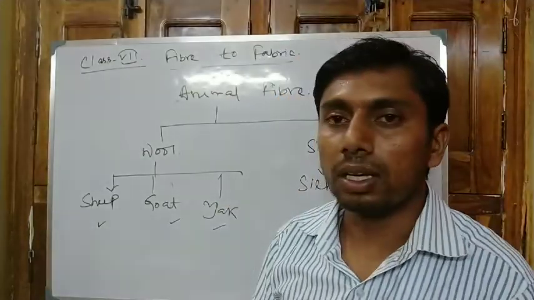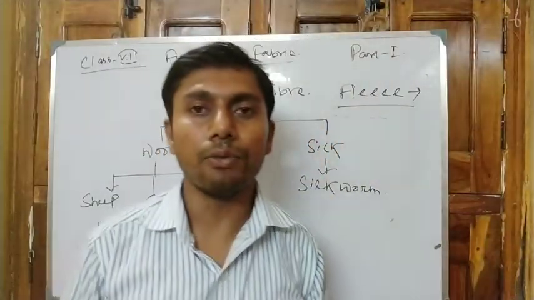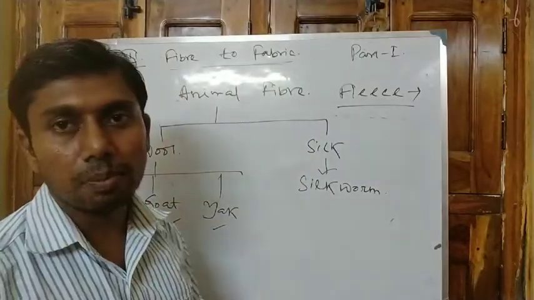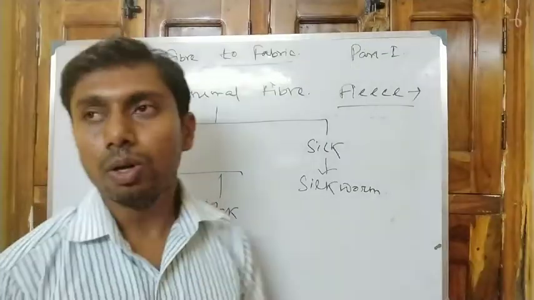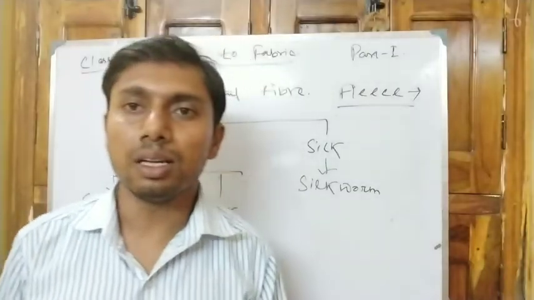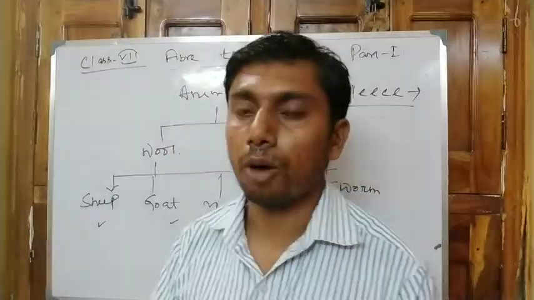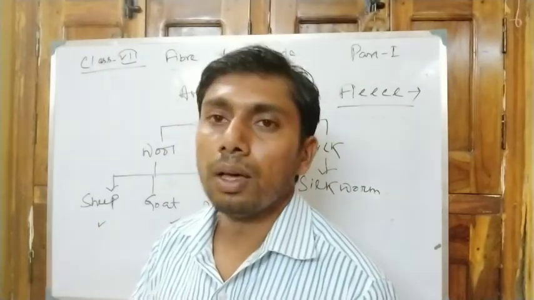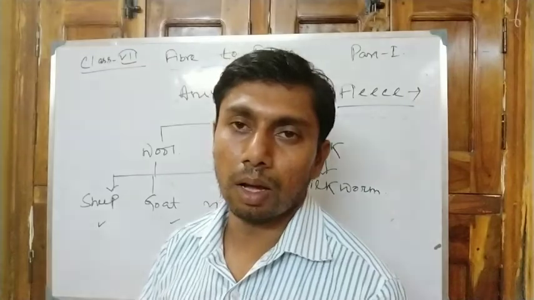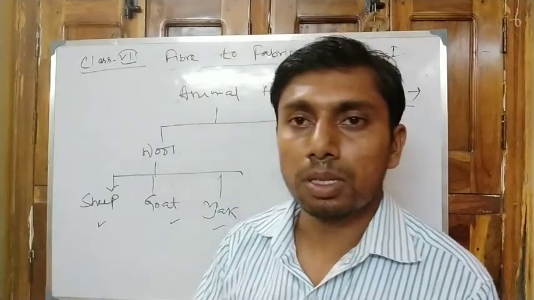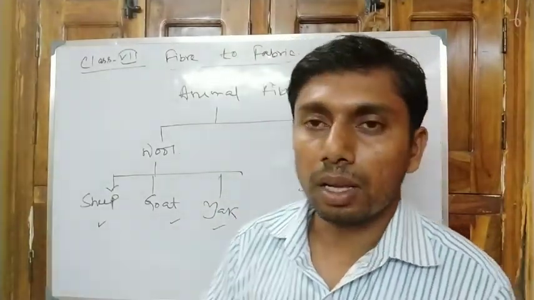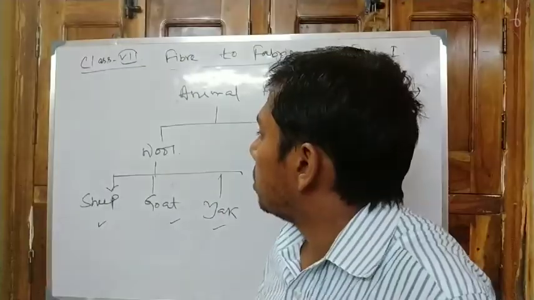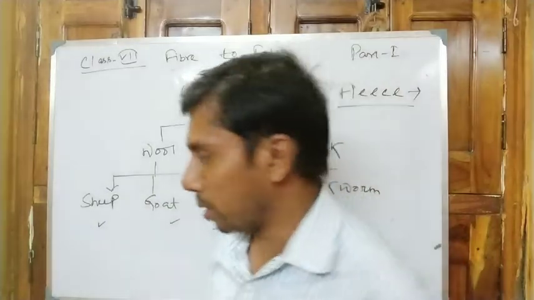Now one question is, why is a thick layer of fur there in animals like the goat, sheep, etc., or the yak? As we know, air is a non-conductor of heat, so it will make a warm atmosphere around the animal's body. So the thick layer of fur is used to make a warm atmosphere in the animal's body.